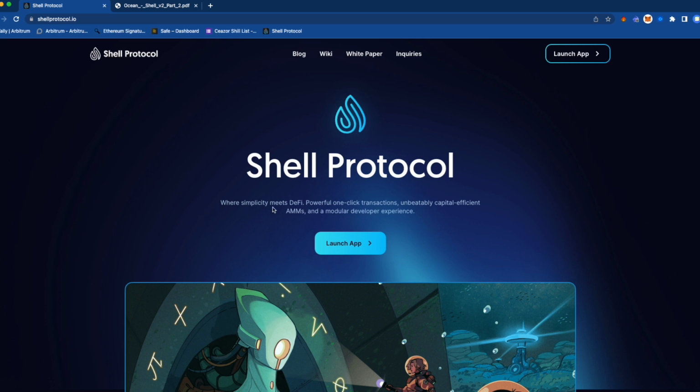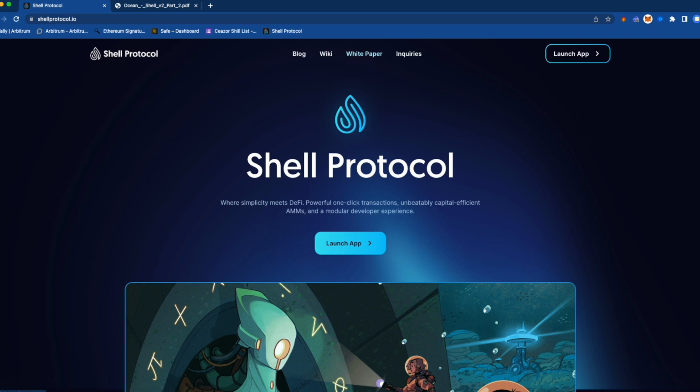So if you see here, it says "where simplicity meets DeFi, powerful one-click transactions, near unbeatable capital efficient AMMs, and modular developer experience." So the idea of this thing is that it's a single entity that allows all protocols to work together. I do have a flowchart for you to kind of explain how I understand it, but as always,